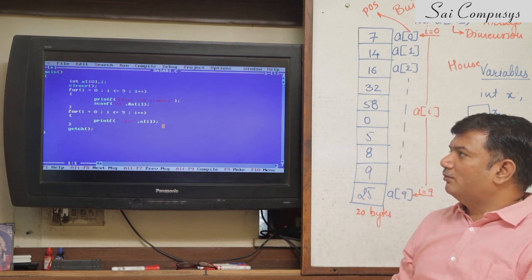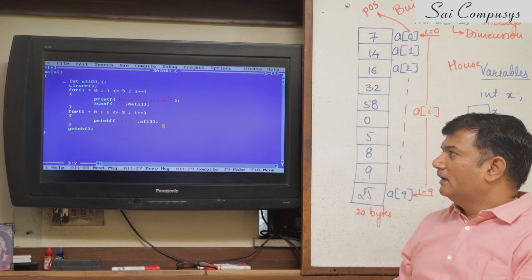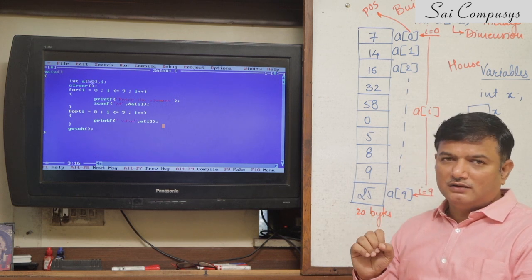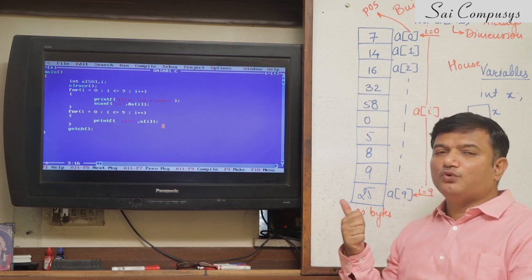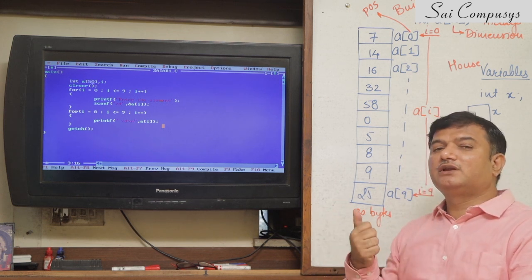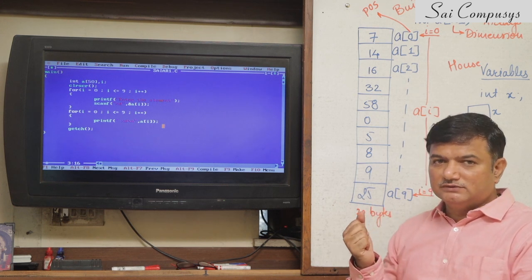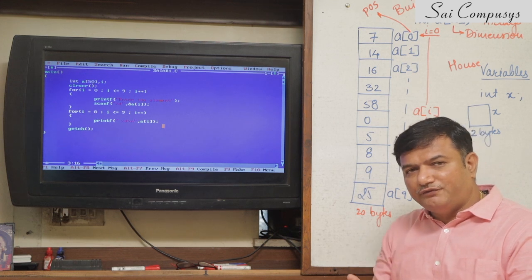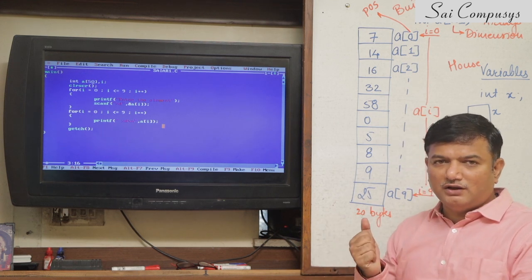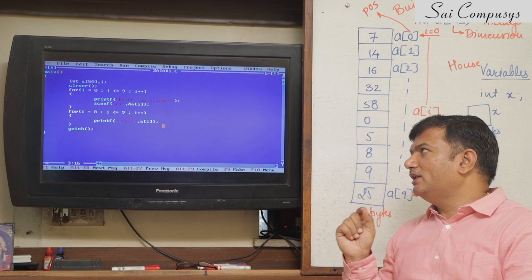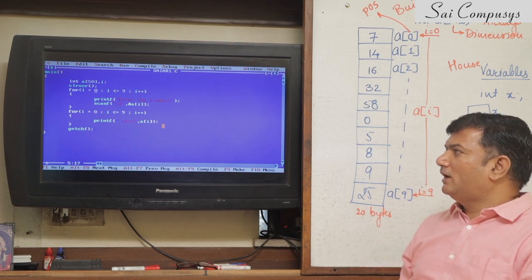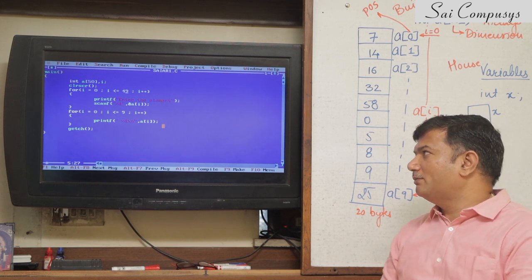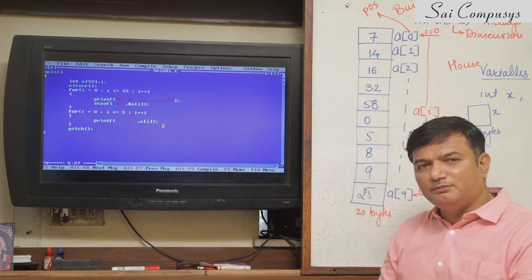I'll just give you a small example. Let me change this array to 50. Now the same array which was holding 10 numbers for me, now it can hold 50 integer numbers. Obviously these 50 integer numbers will be present on different positions starting from 0 to 49. To access all elements of the array, now my loop will not take place from 0 to 9, but the loop will go from 0 to 49, and one by one each element will be scanned on different positions.